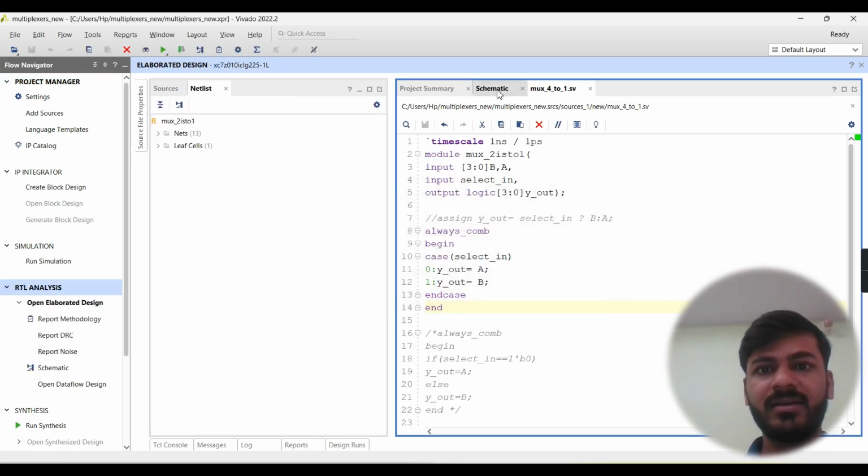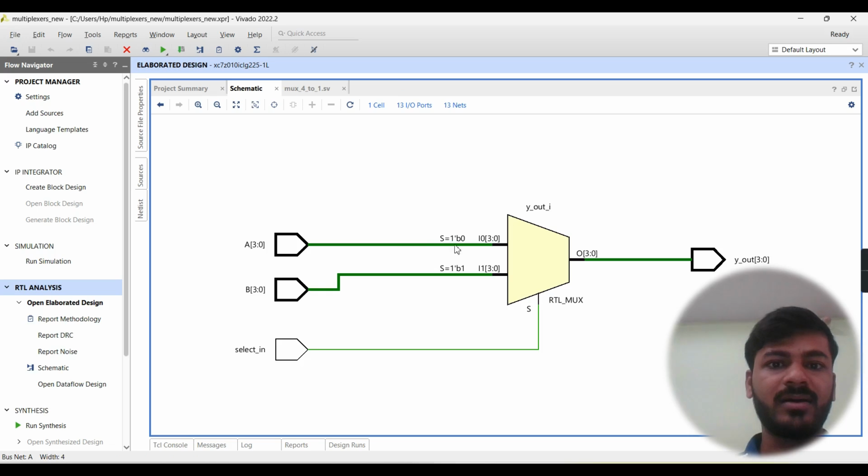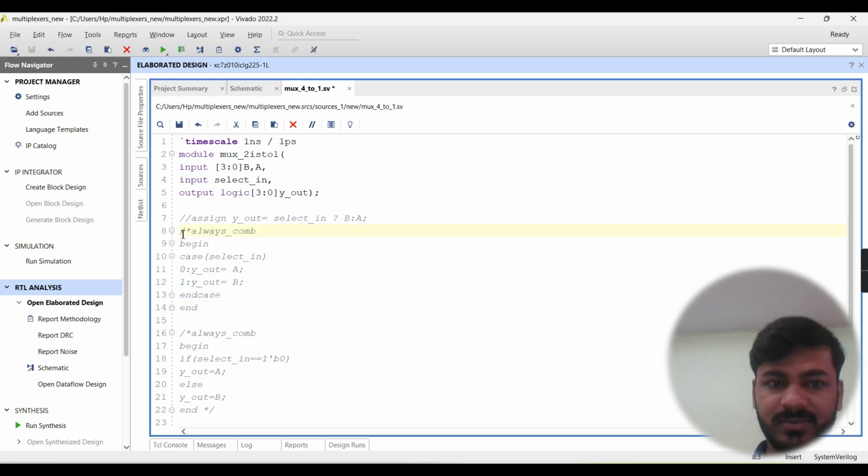And the schematic, here you can see, when select line is 0, then a is routed to the output y out. When select line is equal to 1, then b is routed to the output y out. Okay, now here I will uncomment this selection statement case,